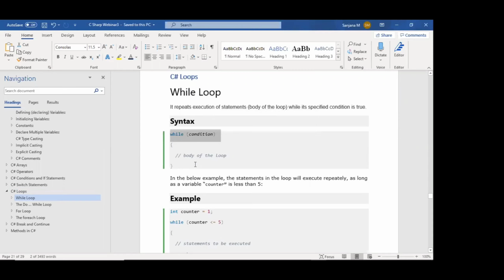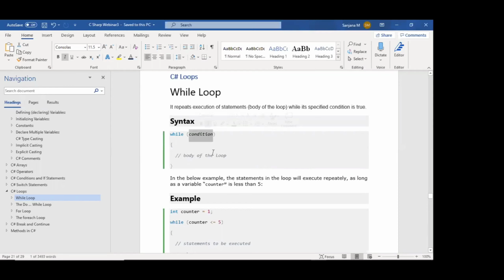Then within the braces is the body of the loop, where we can write multiple statements. So this is the condition.